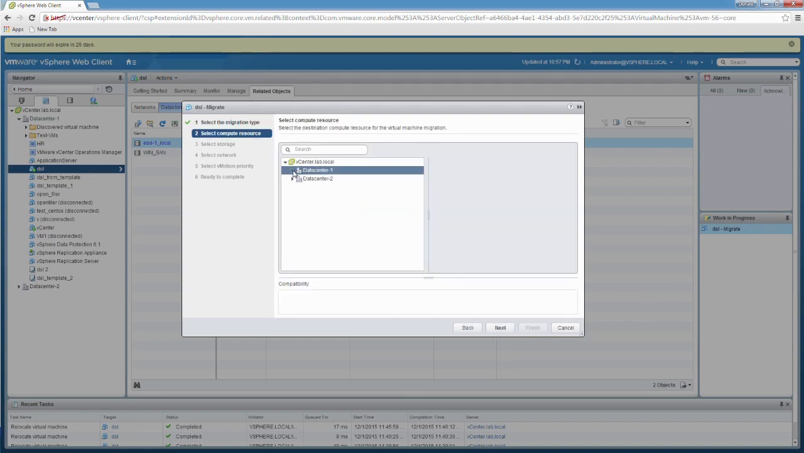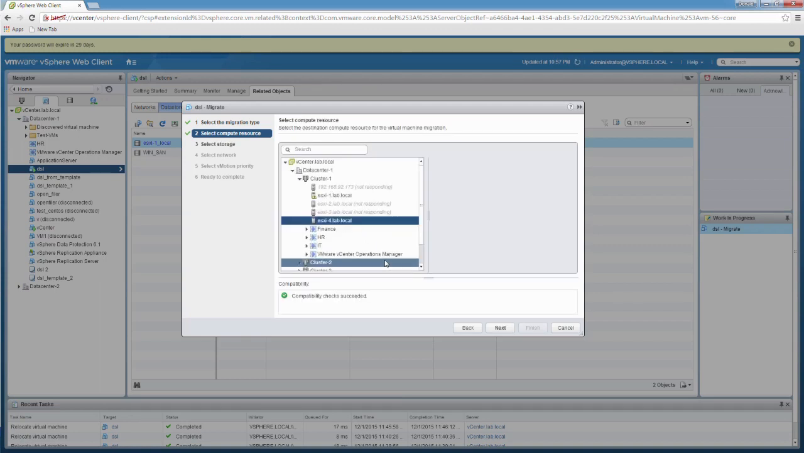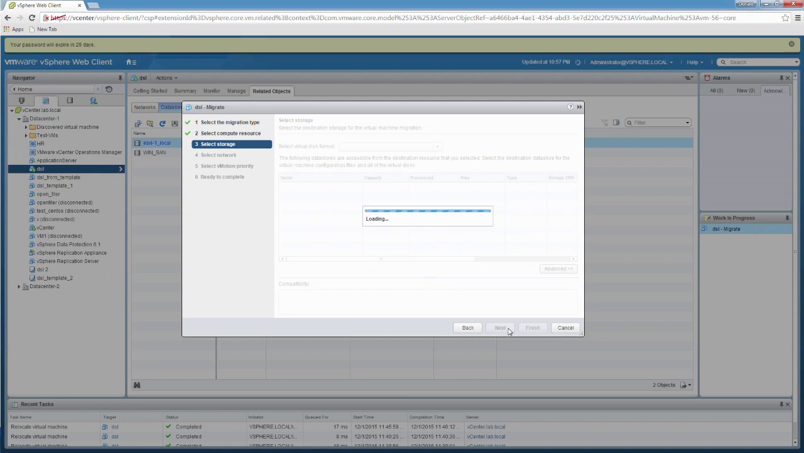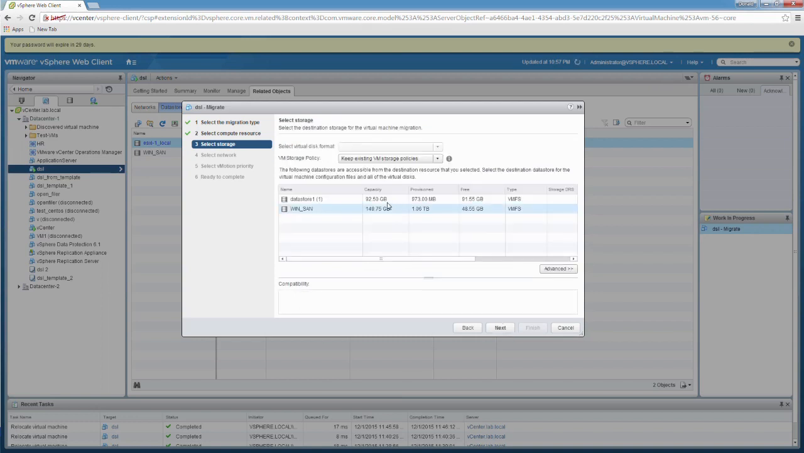Alright, so for compute resource, we're currently on ESXi 1, and we want to move over the compute resource to 4. It's just going to go ahead and validate that. That has succeeded, so I'll just hit next here. And then for our compute resource, we'll select where we want to move this VM to. So it's currently on